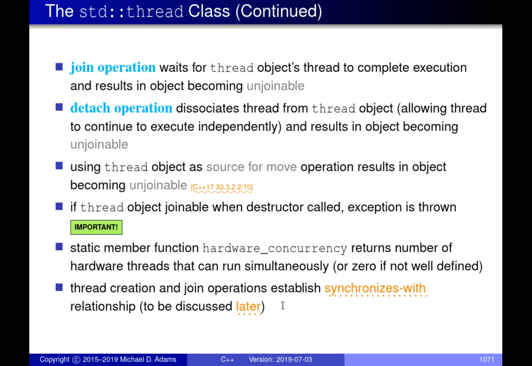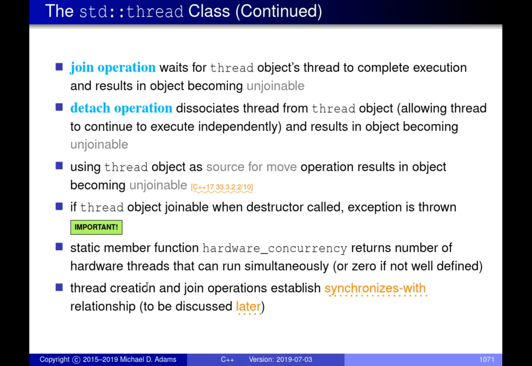And then maybe the last thing to say with respect to thread creation and also joining of threads, these establish what are called synchronizes-with relationships, which I'm going to talk about more a little bit later. This comes back to one of the questions related to how you avoid data races and so on. There are certain types of operations that introduce different types of synchronization relationships, so that you can say something happens before something else in the code. Therefore, all of the side effects of that first thing must be visible to the thing that occurs later.